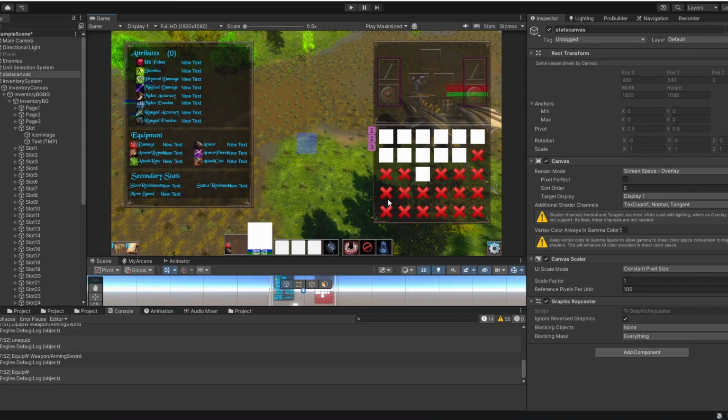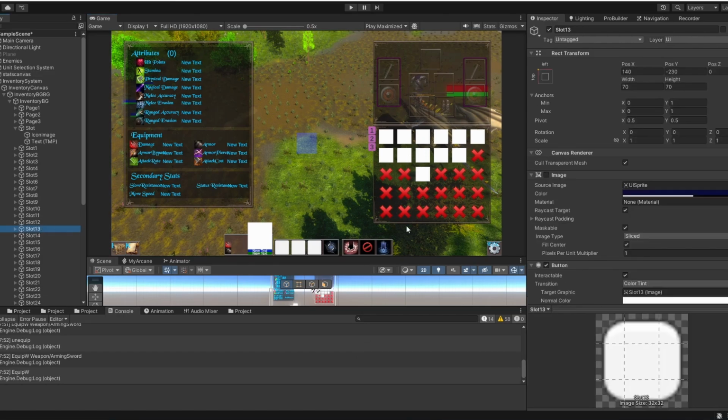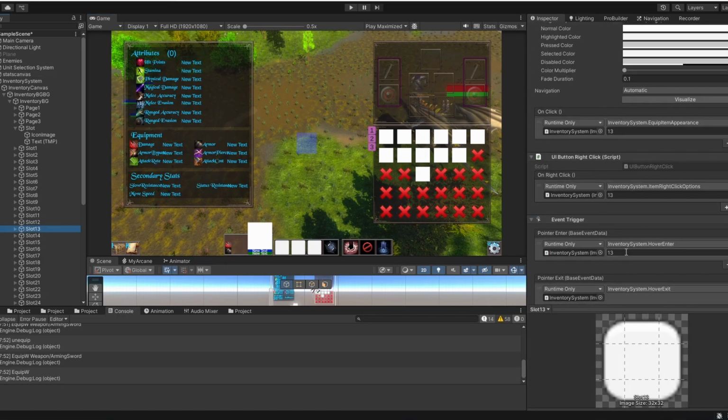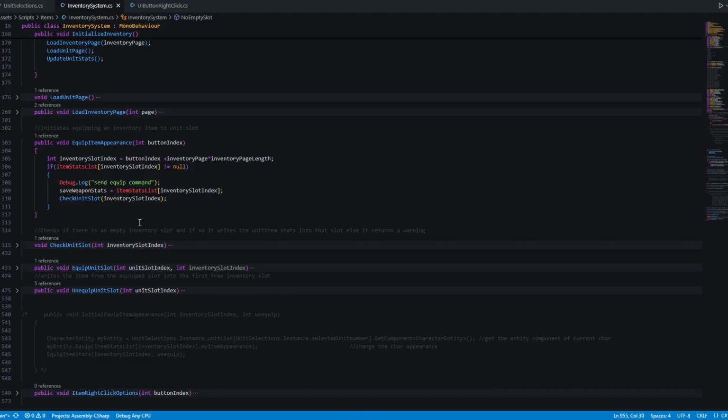in the inventory. So each of these buttons has references its own index here. So in this function we have the button index, but the button index is not the inventory index because the inventory goes over several pages. So we calculate the inventory slot index by multiplying the inventory page with the inventory page length. So, and then we get